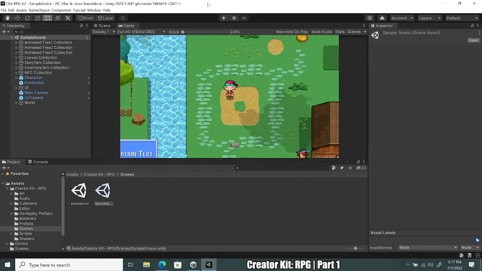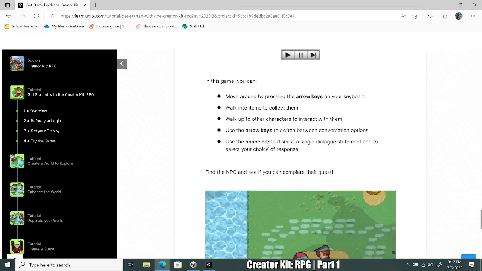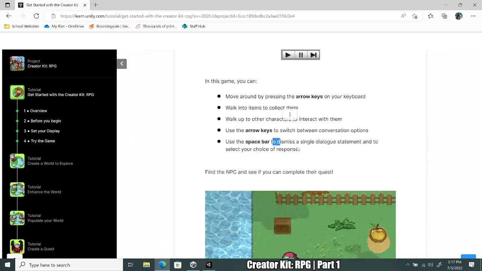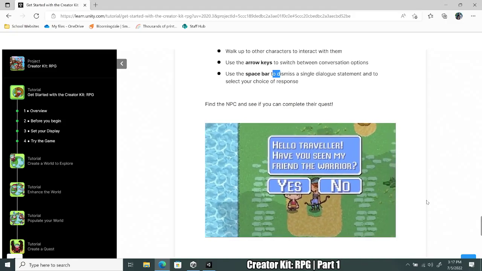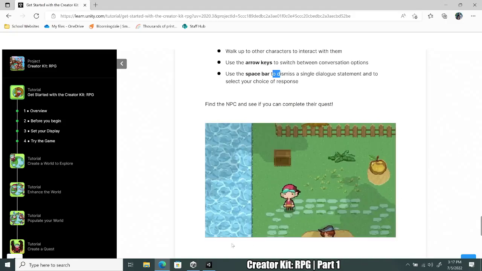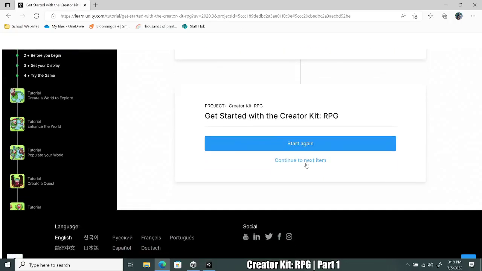But we're not going to do that. We're going to say, played it, tested it, we've used our arrow keys, we used the space bar. When I was talking to them, I'd walk up to them, press the space bar, and then press an arrow key to highlight yes or no. And then I marked it as complete, and then I went to the next item. And this is kind of where the